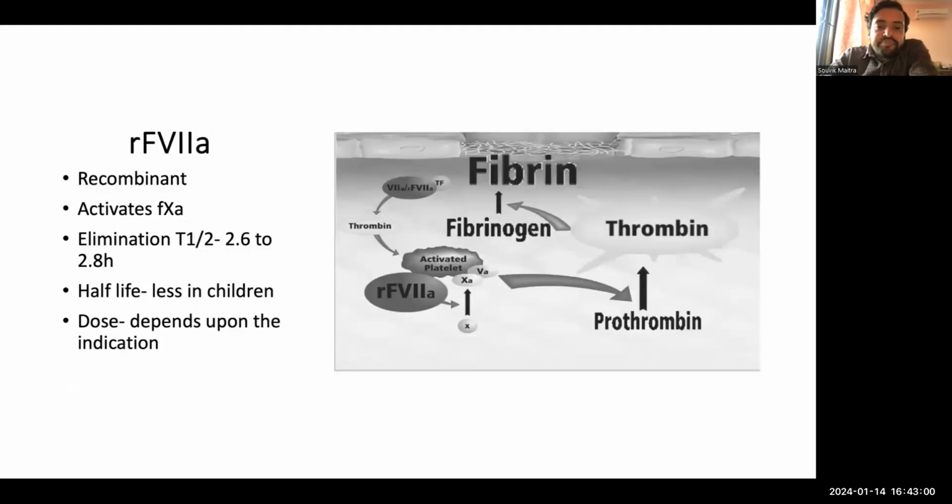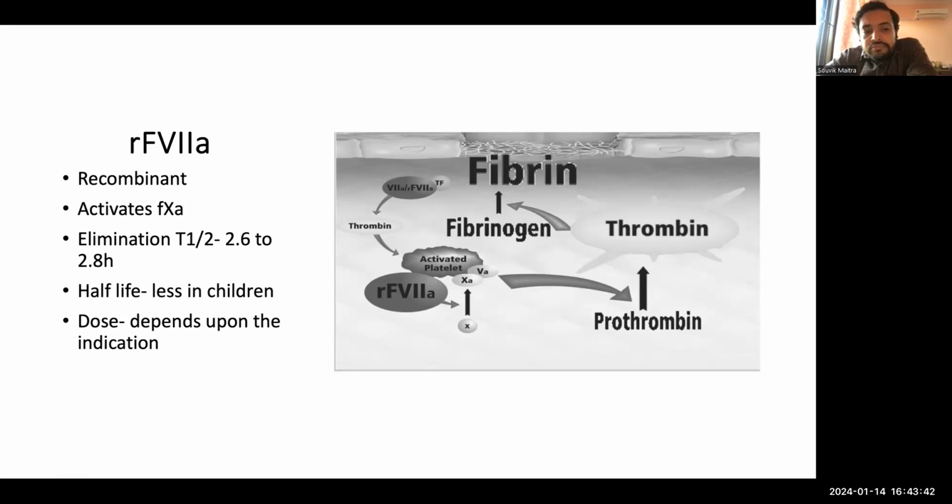Next, coming to the recombinant factor 7A. As you remember, recombinant factor 7A activates factor 10 to factor 10A, which ultimately activates the platelet for generation of thrombin. So it works by activating the platelet. There was a lot of enthusiasm in the initial days of recombinant factor 7A. It's costly, and it has a short elimination half-life of around 2.6 to 2.8 hours,